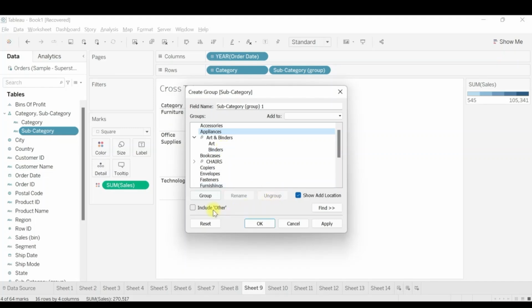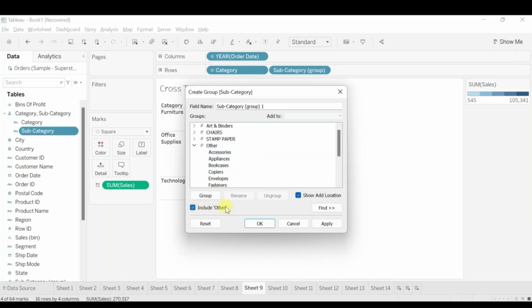Now if I need to include others, how I need to show the data is, whatever groups are created, for example, I have art and binders, I have chairs, I have stamp paper. You can see a small pin-like icon. This is showing that we have these groups pre-created. Once I need all the pre-created groups to be available, and all other values to flow into others, I can click on include.